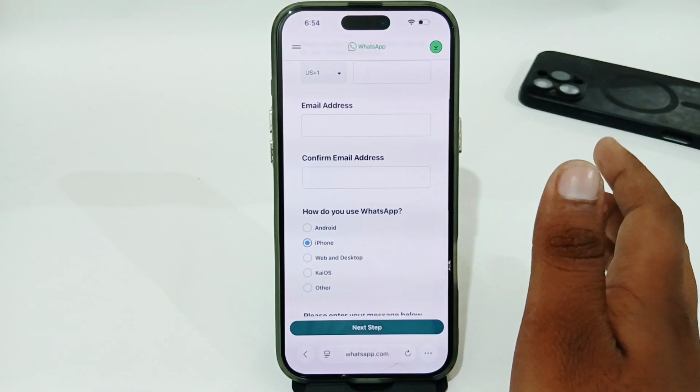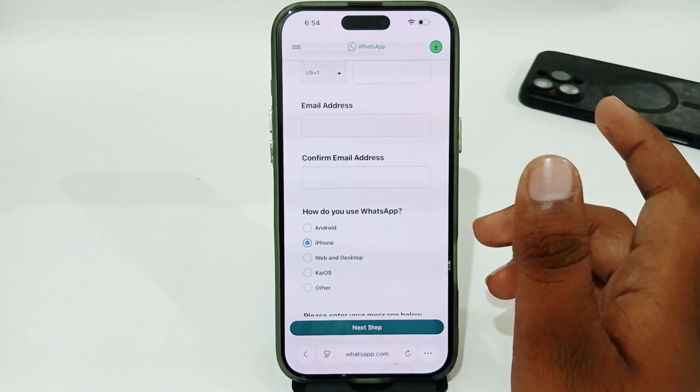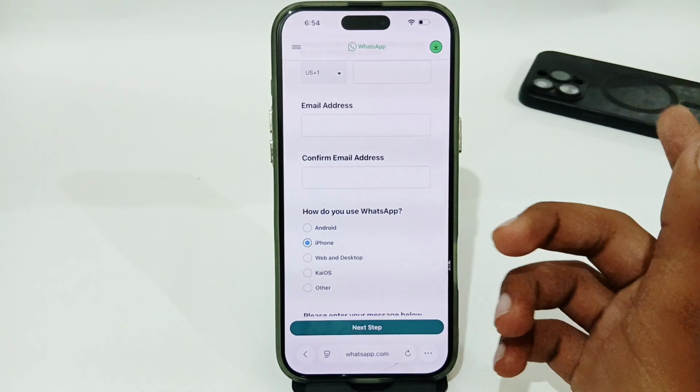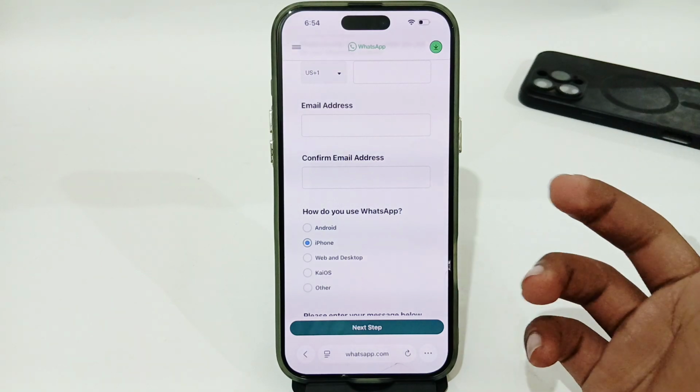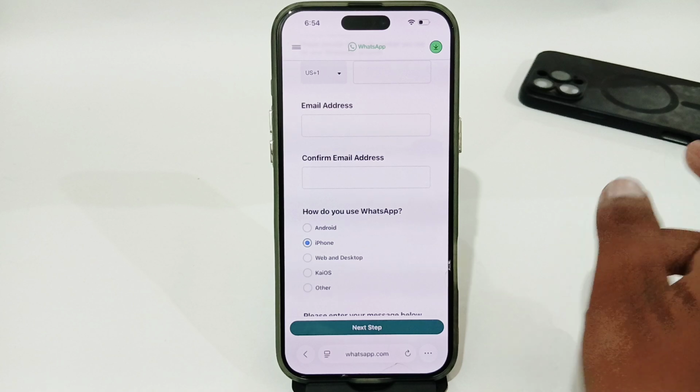sent through your email. And after that, you'll get the response, or your account will be fixed in a few days. It might take 2 days or a week or a month, so you just have to wait for it. So that's how you can easily fix it if your WhatsApp account has been